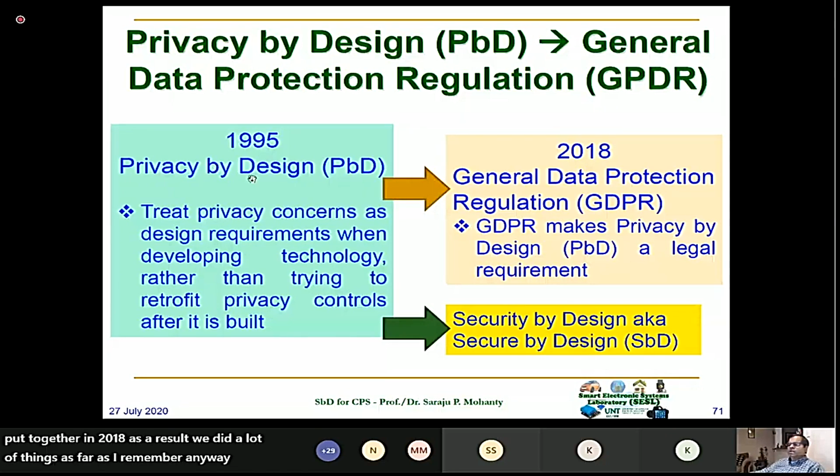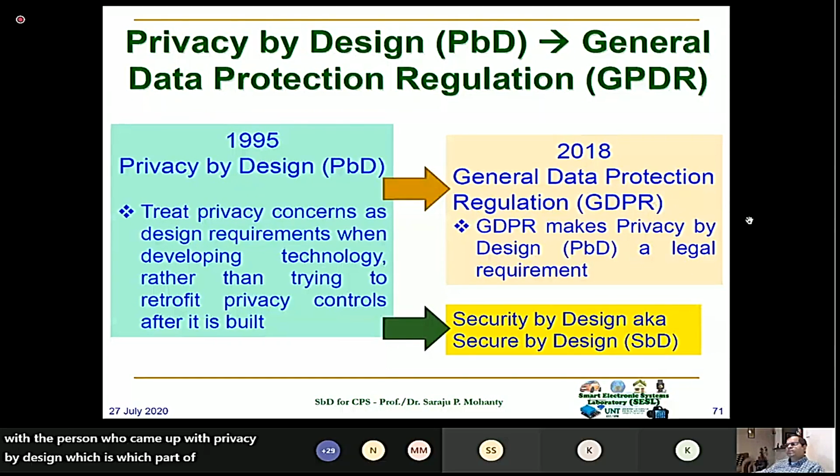Anyway, GDPR has a component, privacy by design, and I know the person who really started this privacy by design. Then we have been thinking, okay, privacy by design came, why not security by design or secure by design? And as a result, we worked with the person who came up with privacy by design,